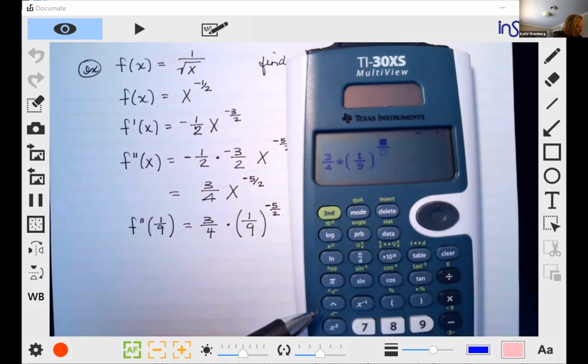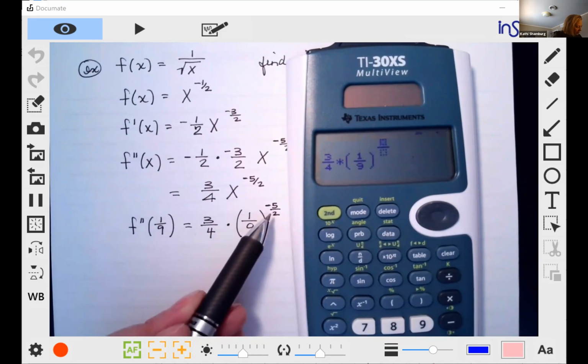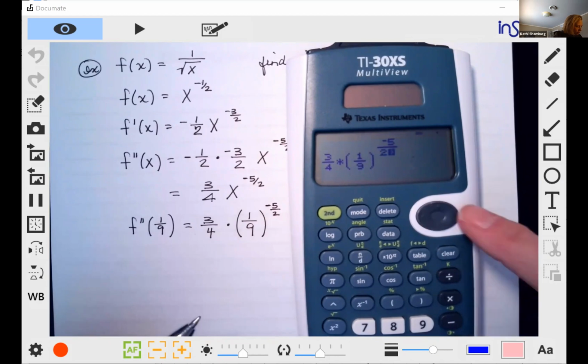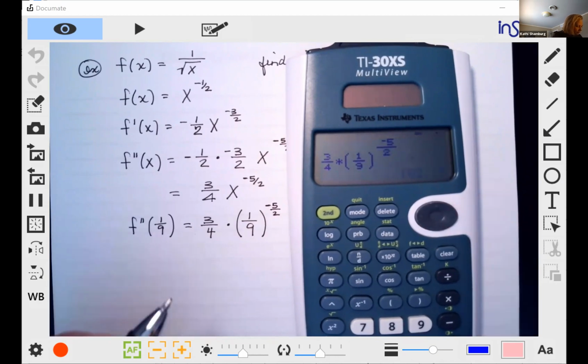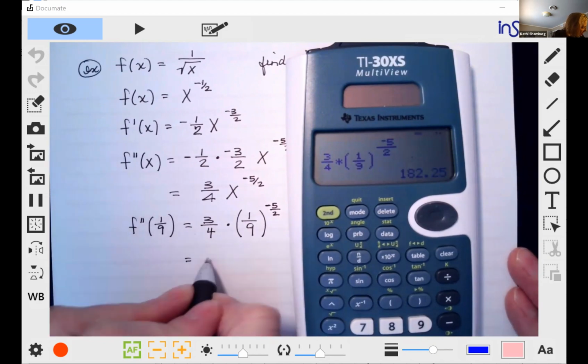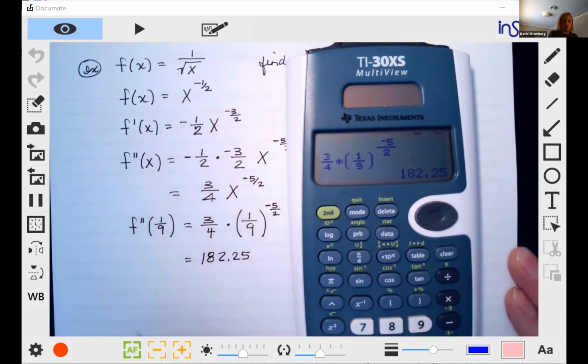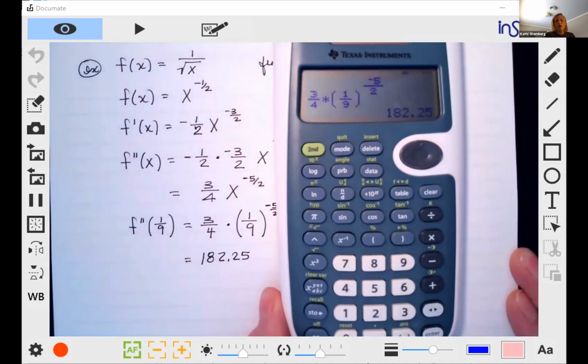And then, not in parentheses, do the fraction and have negative 5 over 2. And we get 182.25. And then, of course, depending upon what the answer is or how WebAssign wants it, I can push this